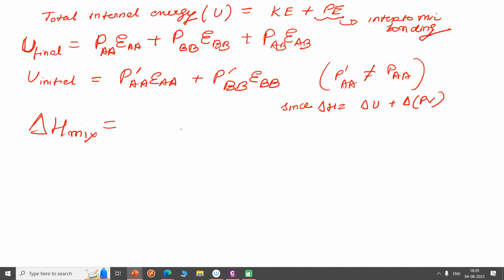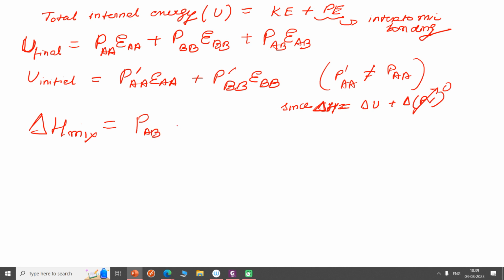There is no pressure-volume work term here, so this is nothing but 0. So whatever change in the internal energy will contribute to the change in the enthalpy of the system after mixing, right? So this will give me delta H mix as